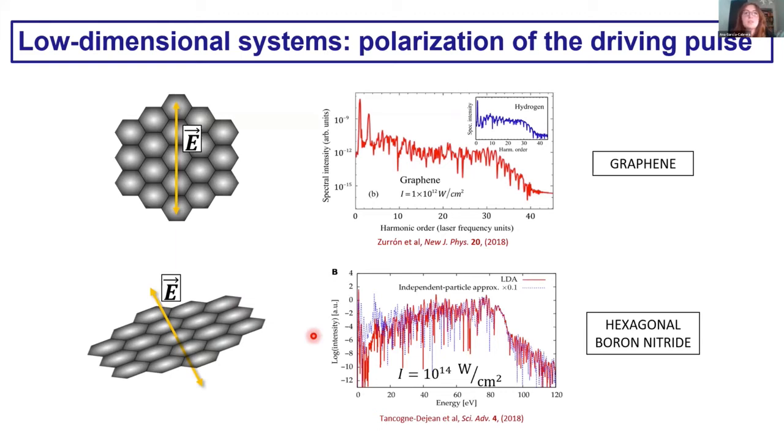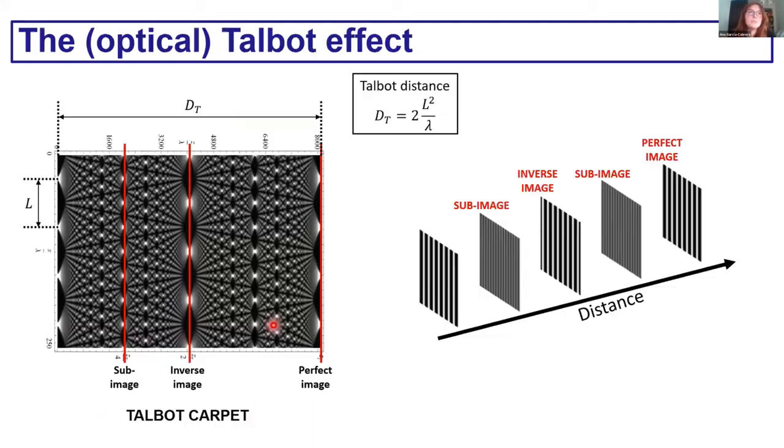Strong field approximation considers that once the wave packet is ionized, its interaction with the atomic potential is negligible. It is widely used to study harmonic generation in atoms or molecules, but it is in principle not valid in solids due to the relative closeness of the atoms. However, as we will see later, SFA will be useful to us because we will study a similar situation to the second scenario. What we study here is the electronic Talbot effect in the ionized electronic wave packets during the process of high-order harmonic generation.